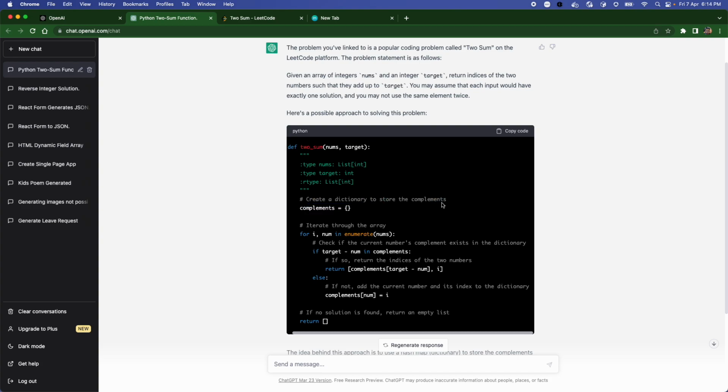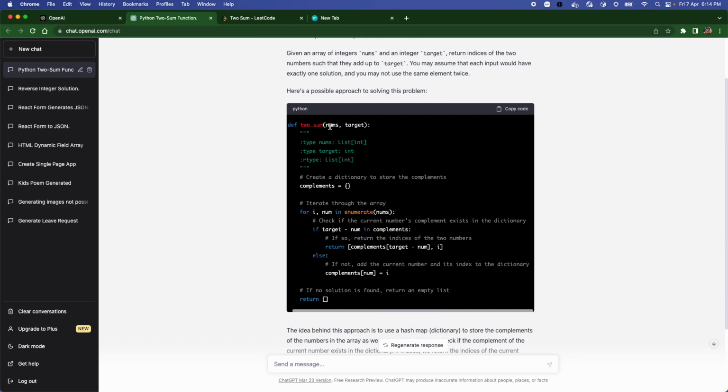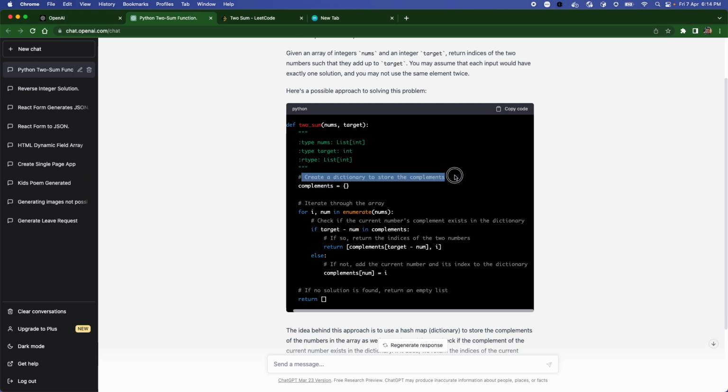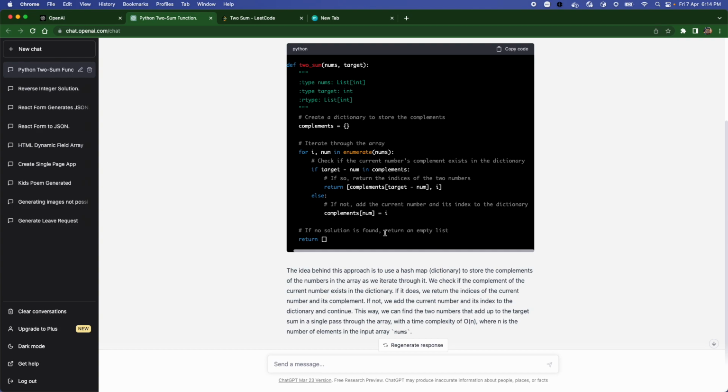It is writing very clean code, as in it has good naming conventions, good indentation, good explanation of the steps, and good comments. ChatGPT is writing code with very high standards.